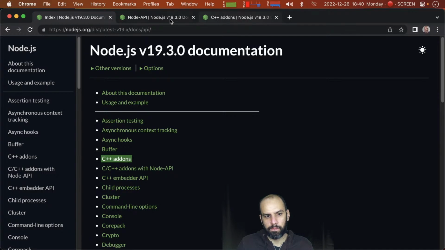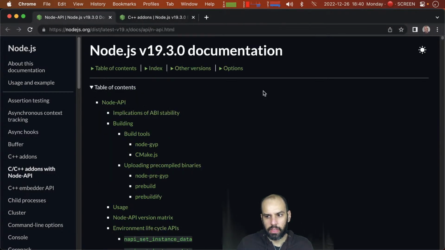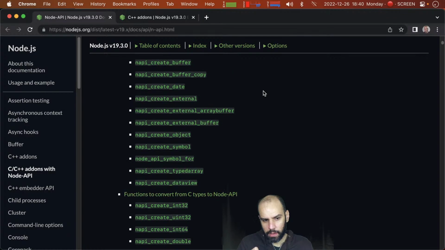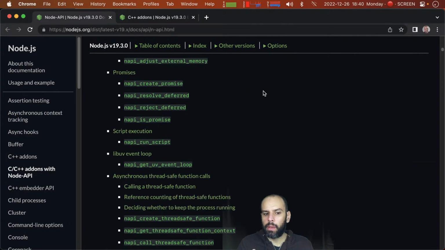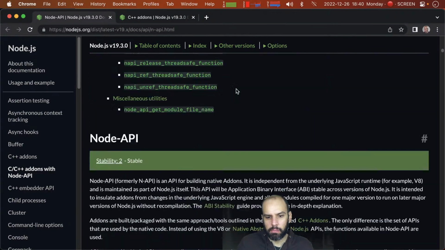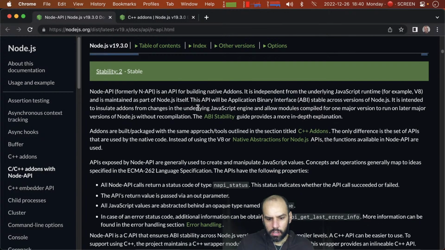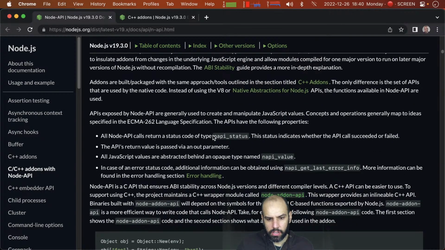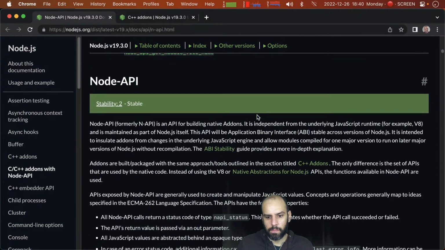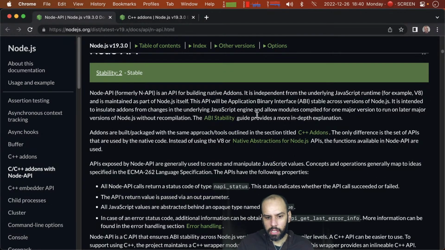The first way is this, and that's the more modern way, and it is probably the recommended way to get started. If you can get by using this way, you should use it. It's the so-called Node API, or I guess in some cases it's abbreviated to N-API. And this is an API in C,